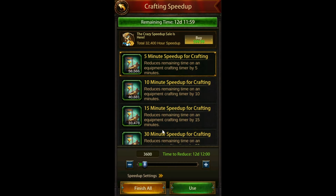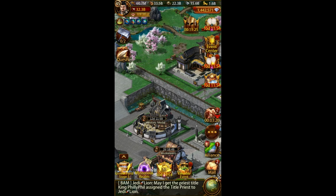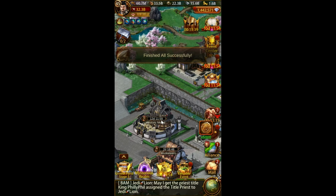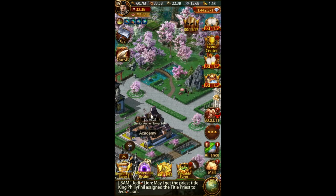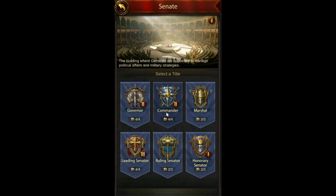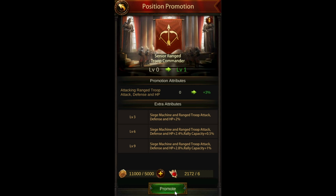But the nice thing is that it uses crafting speedups, which there's not really a lot of use for once you've crafted all of your equipment. But yeah, let's just speed those up. So that gives us 6,000 of those coins. And then we can go back here and go to the position promotion and we'll activate that for the range